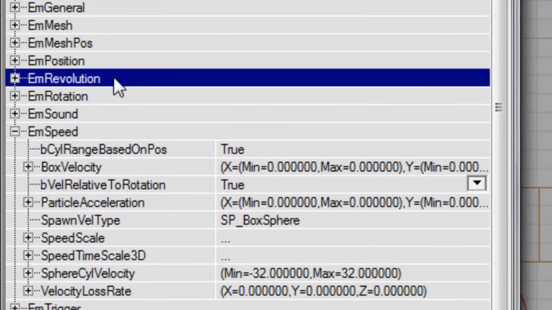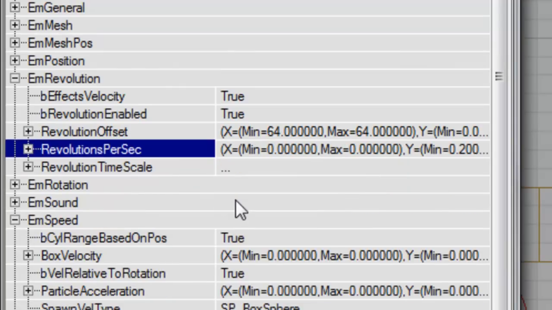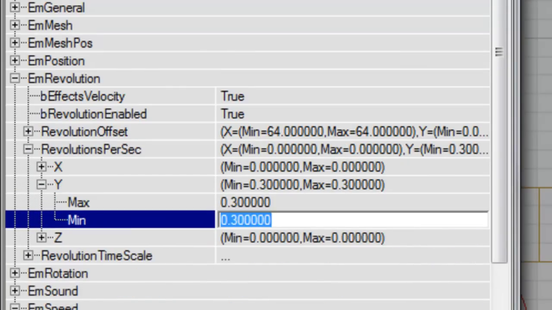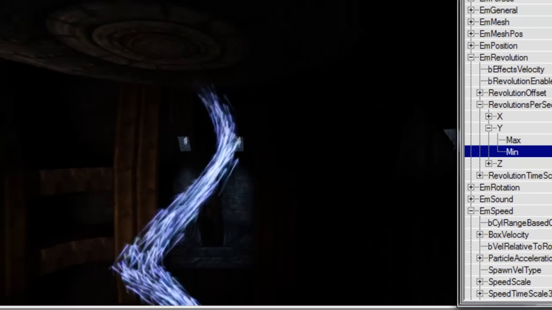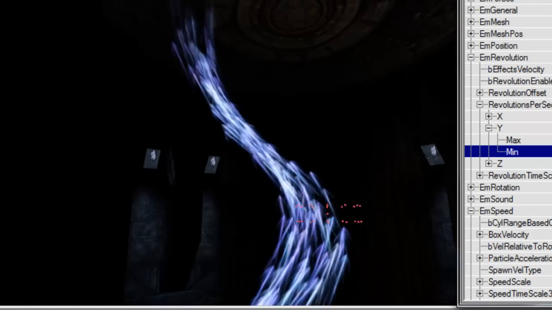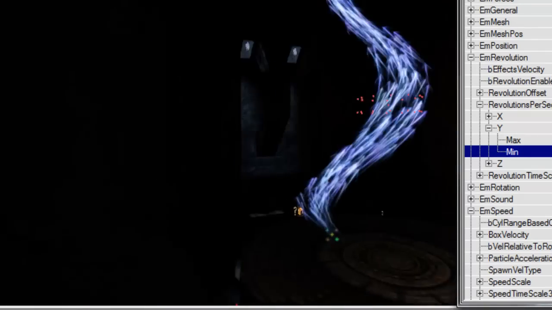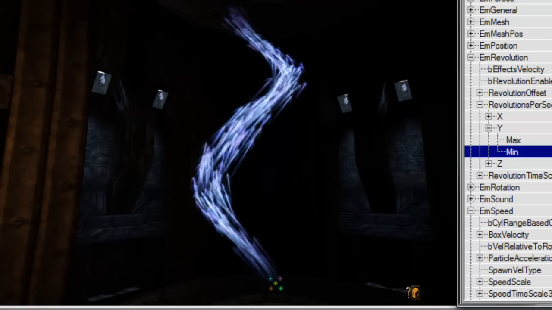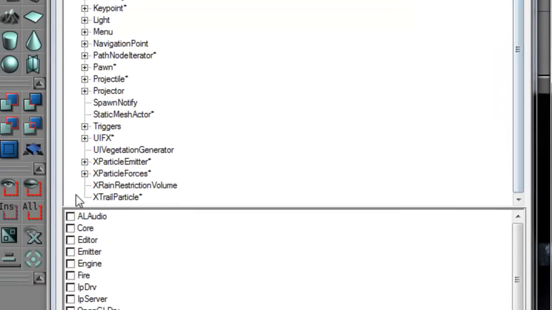It's almost revolution 0.3, 0.3. You can see here that they start to gather around somehow. Yeah, this way we have created some sort of magical flow, and to increase this gather around thing we can